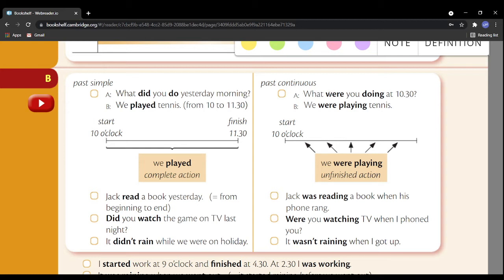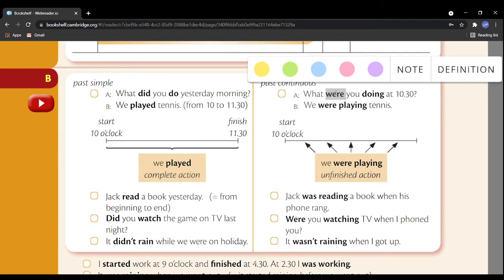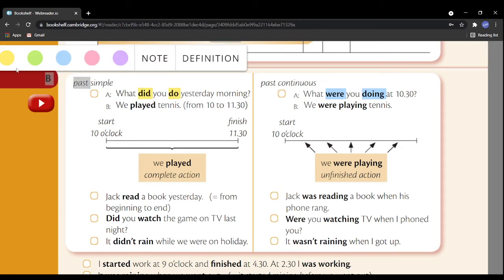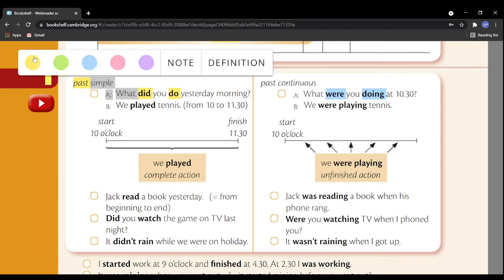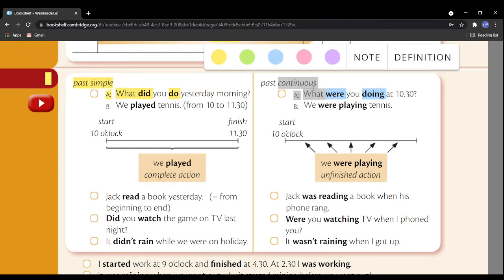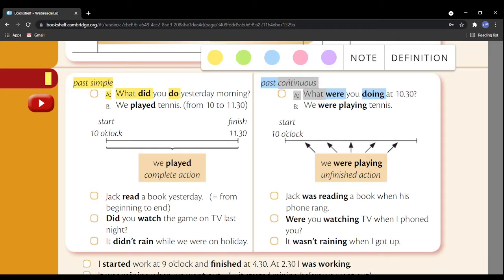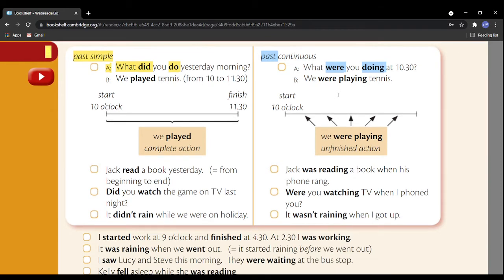like here. What were you doing? This is my question. My question is in what? In what form? In the continuous form. Okay? In the continuous form. Here, the simple form. Look here, yellow, simple form. Right? Here now, continuous. Make it like, okay. Continuous. Okay, which is the continuous because it's blue. I'll make it the same. So 10 o'clock, you continued until 11.